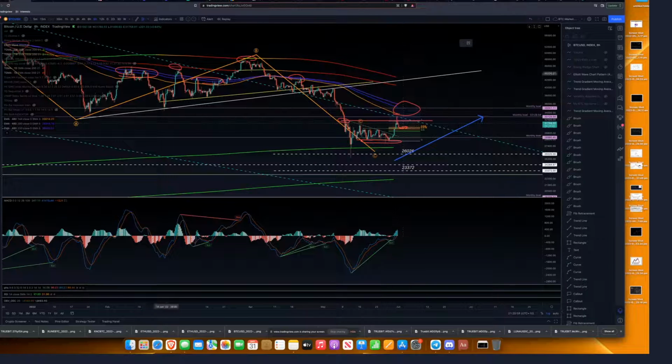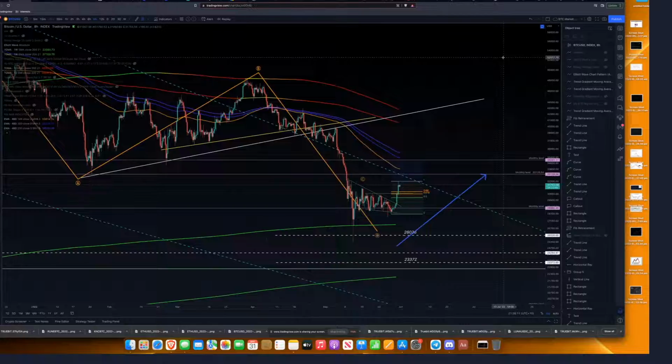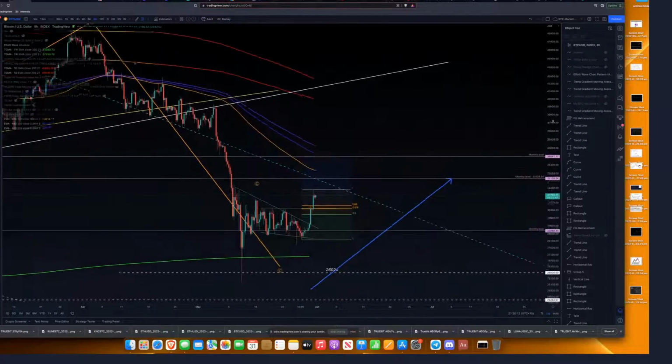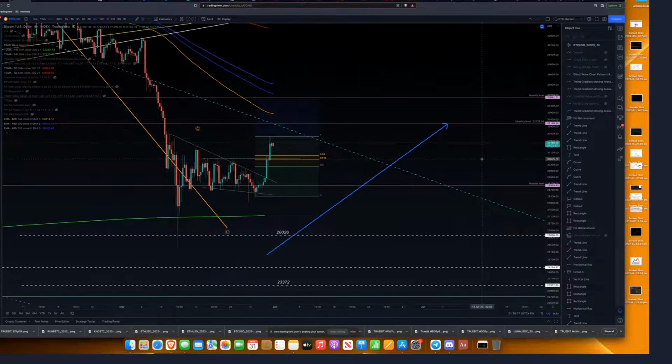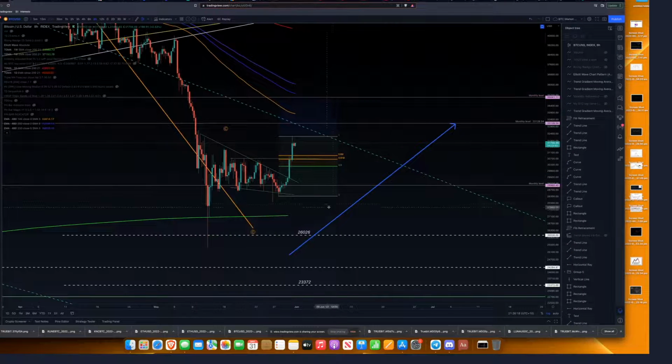support level. Let me just flick this so I can get rid of these drawings. So I don't want it to keep getting messed. So what we have is this scenario here. Let me get in close. We've got our levels, and what we can do is, what I did was I grabbed Fibonacci, picked the bottom, picked the top, and ideally,